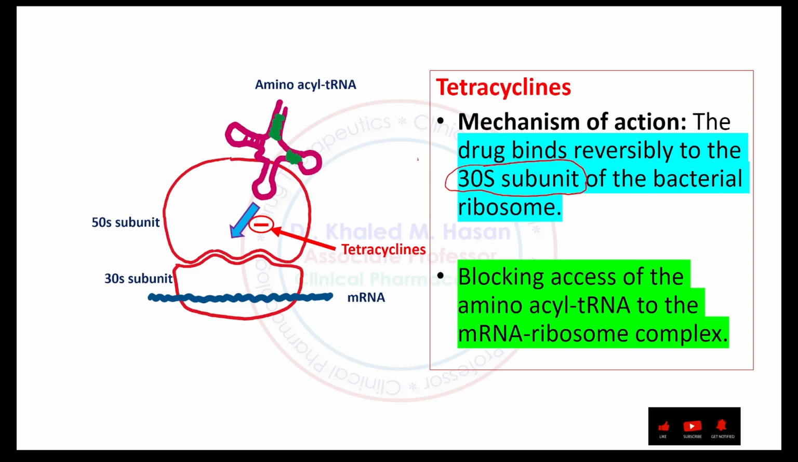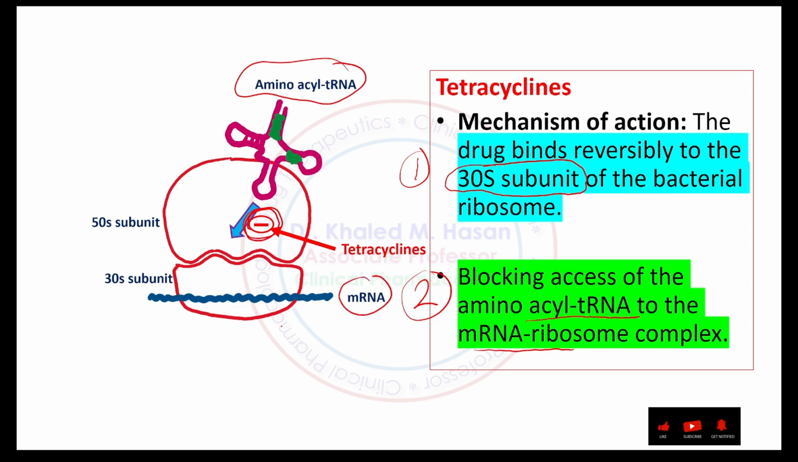What happened next? This is the first step. The second step, you can see here, by binding, this will lead to the blocking access of aminoacyl transfer RNA to the messenger RNA ribosome complex. So you can see here tetracycline, from the image here, tetracycline blocks the access of aminoacyl transfer RNA to the